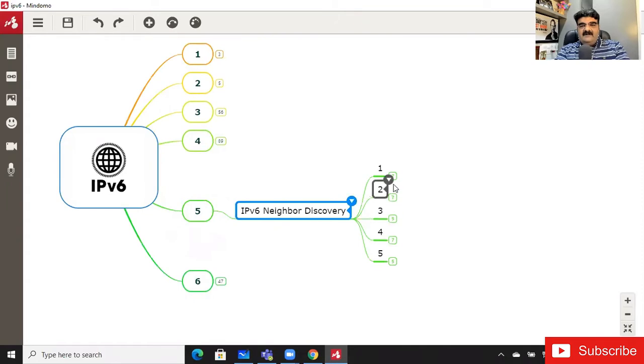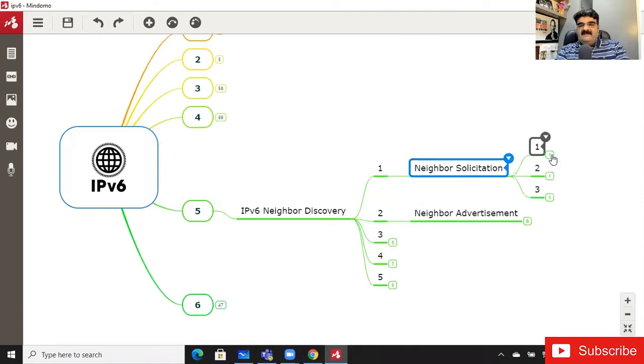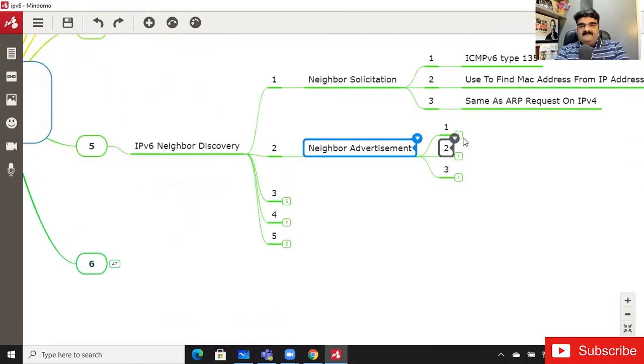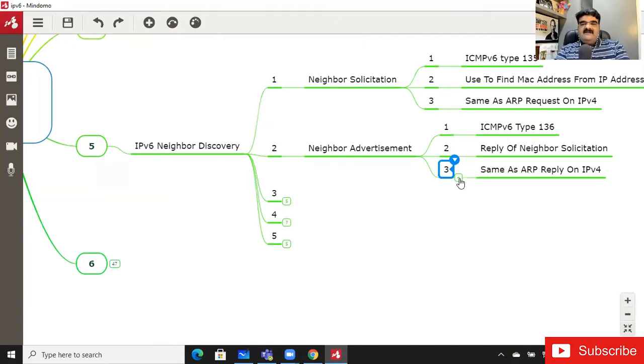And we talked about NS, what is NS, and then what is the neighbor advertisement, right? We just finished all these points, same as ARP. We also captured these packets, and using this we are able to understand this scenario.